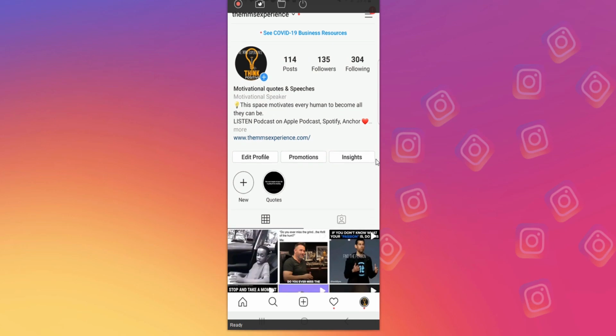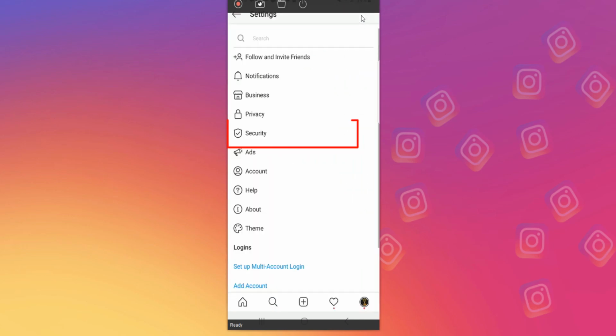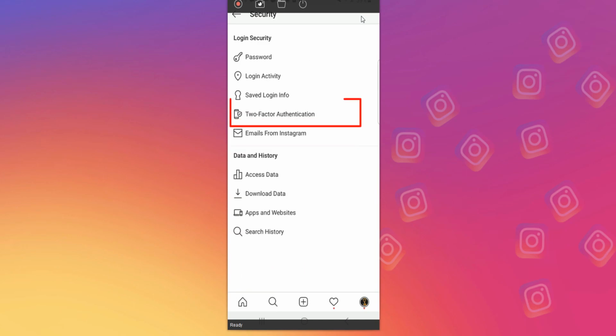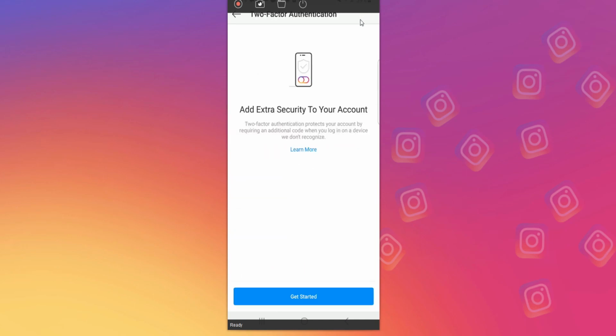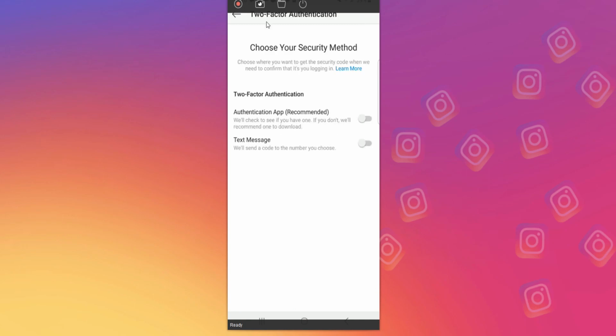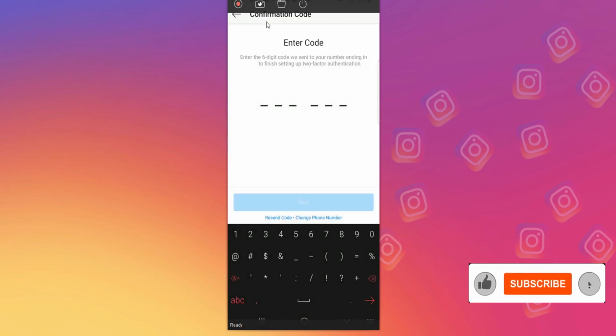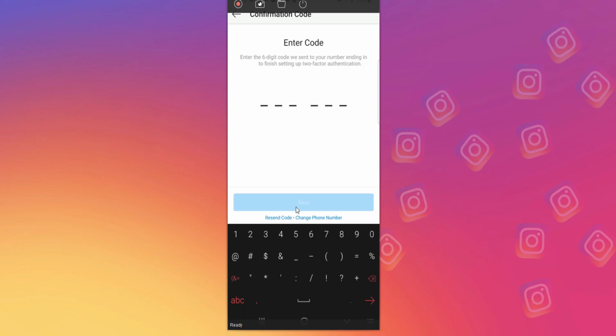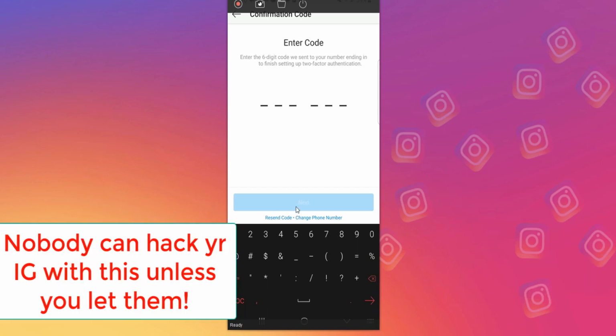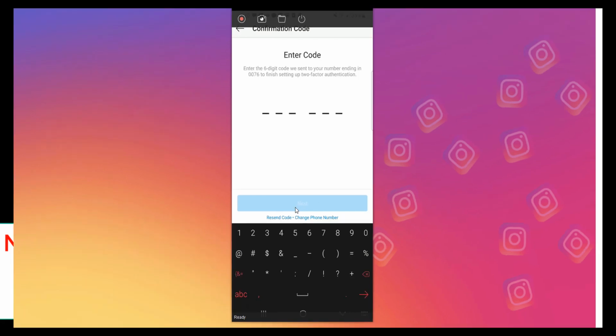To turn on the two-factor authentication, you just come up here, right up here on this corner, and you go on settings and you click on security, two-factor authentication, and you click on get started. You turn that on, or you can use a text message. A text message meaning every time you try to log in on your Instagram account from a new device, a text message will be sent to you. You will need to enter those digits, and then you will click on next. This kind of security is really powerful. It prevents your account from being hacked in the future.